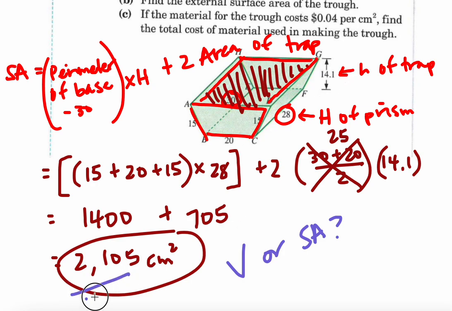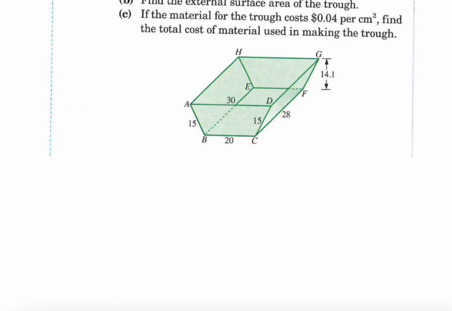So we actually want to use this number, right? Because in order to make the trough, the plastic or whatever the material is that they use, or clay, they need to figure out how much material they need for each of the sides, well, except for the top, right? The volume would be like how much food I can fit inside. Okay, so I'm going to use this 2,105. 2,105 was our surface area,